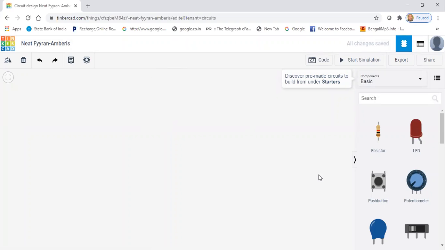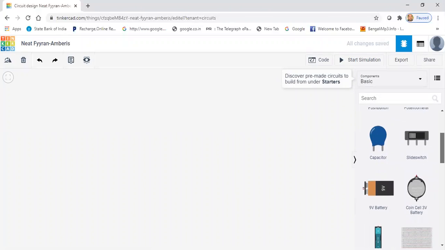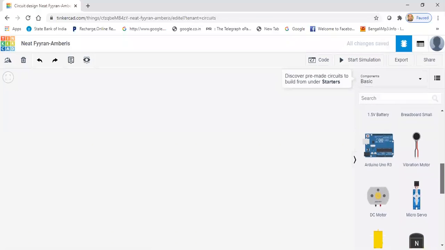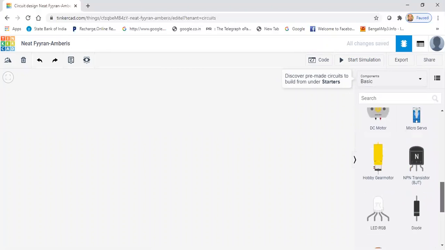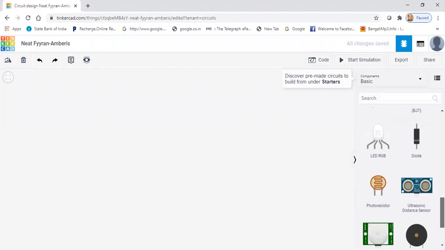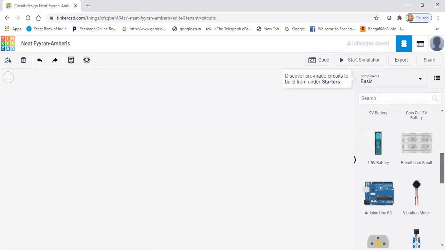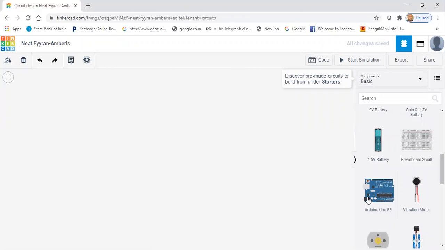Tinkercad online tool. Now at this side you see that there are several devices, components, resistance, LEDs, push button, capacitors, batteries, several elements available here. So we just choose out of these elements, as per our requirement, we can choose any element.